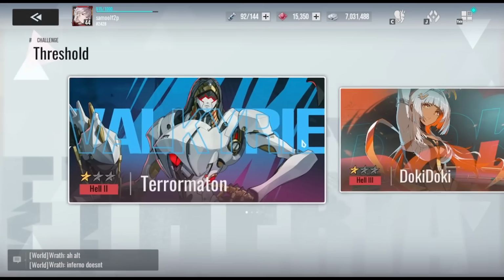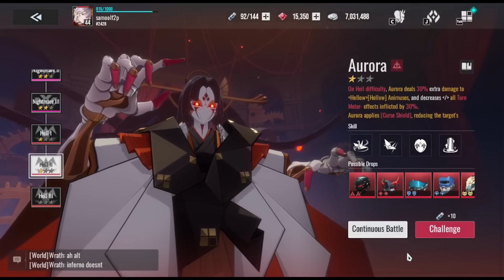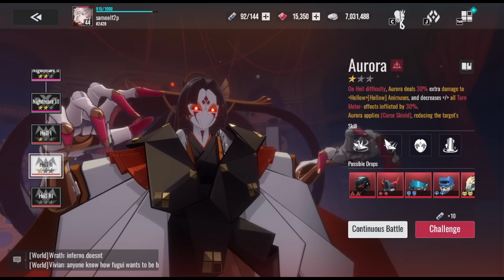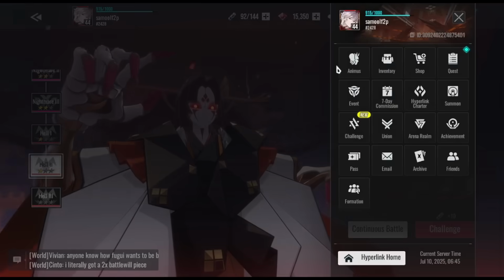I'm going to show you guys the team compositions I'm running for each one, and you guys can also see my stats, pretty much just progressing through the game pretty casually. So if you guys are struggling, you can use my team comps because they're very free to play. You can swap some characters out for the SSRs that you have and pretty much just follow the speed requirements